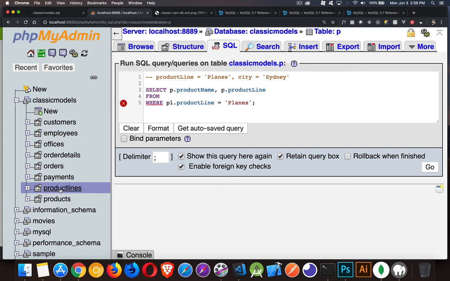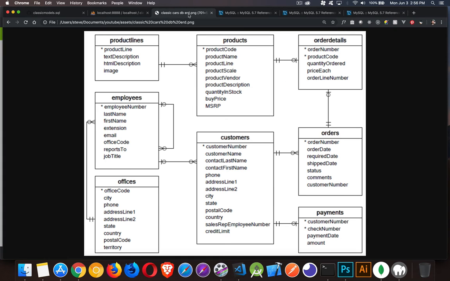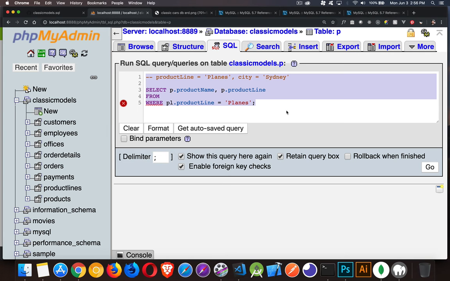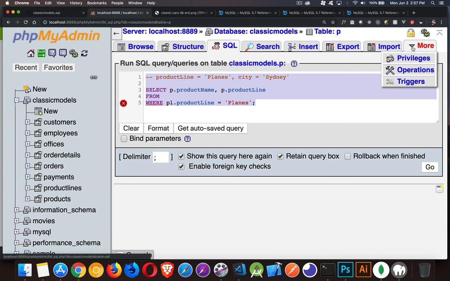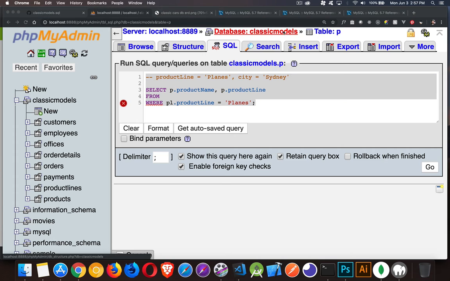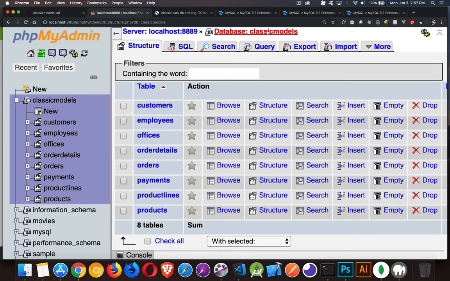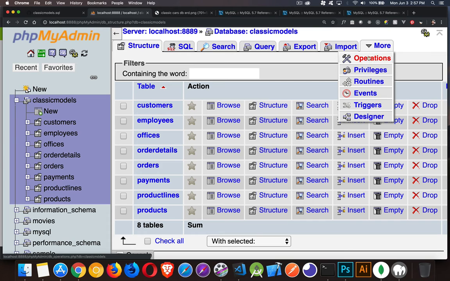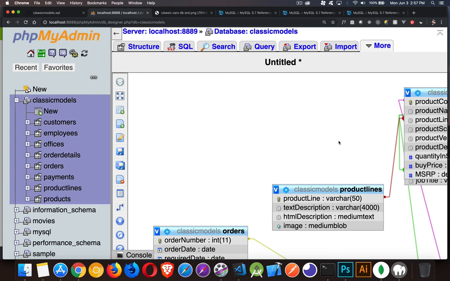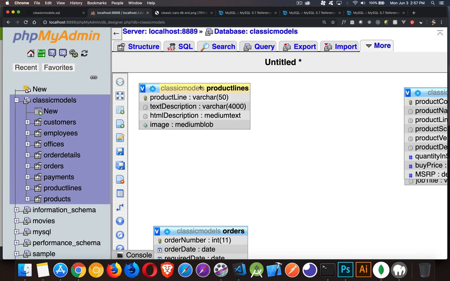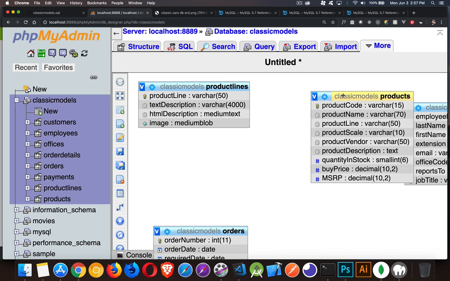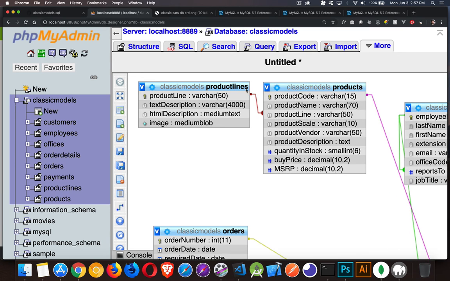Over here on the side, here's the list of all of our tables. Actually, if you ever want to see something like this diagram, I've generated a PNG for this, but you can. In phpMyAdmin, if you go to the database, not the table, and you go to the More tab, there is a designer link right here. If I click on that, here's all those tables. So we can actually drag them around. It's going to show us the relationship between these. So there's product lines and products,